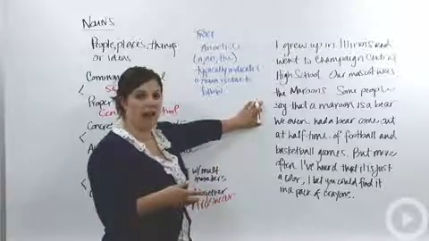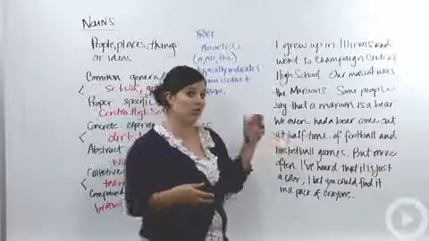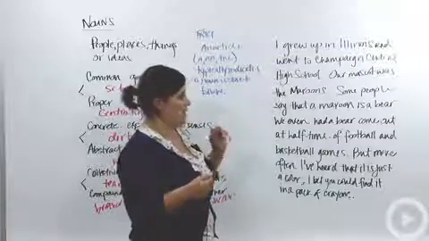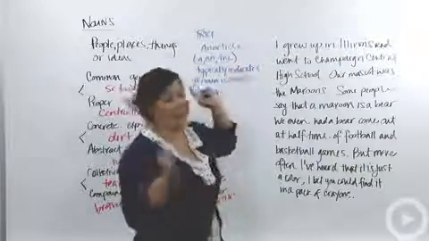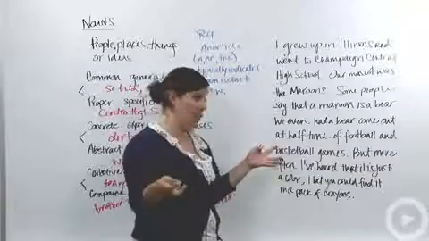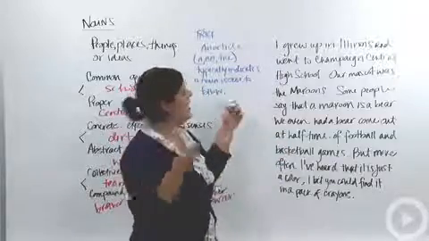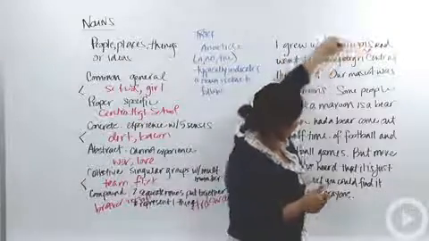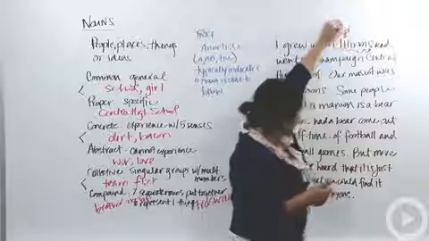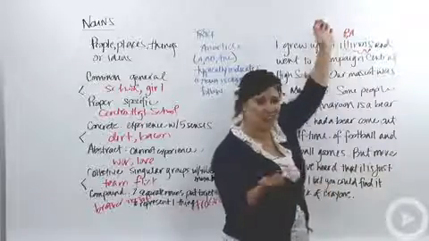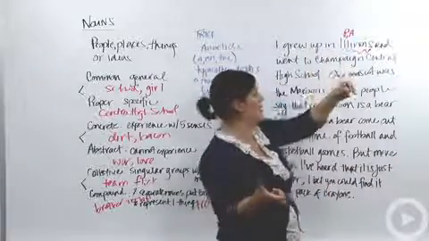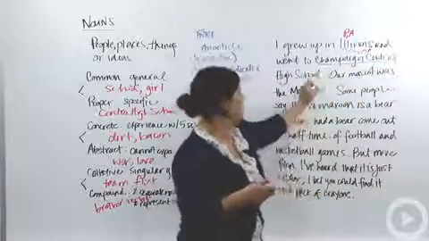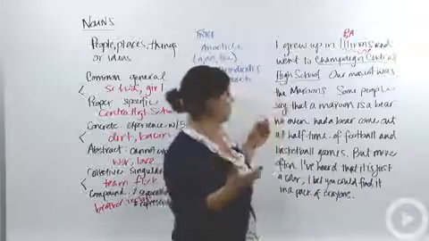So let's look at this paragraph here and see if we can mark the nouns as we go through, and we'll talk about what kind they are. So we have, I grew up in Illinois and went to Champaign Central High School. All right? I see two capitalized words in the middle of this sentence. So that clues me in I might have some proper nouns. So Illinois is a state. That's a proper noun. It's also theoretically abstract, because I guess you can't package up Illinois and send it somewhere. And then you've also got Champaign Central High School, another proper noun, the name of a school.